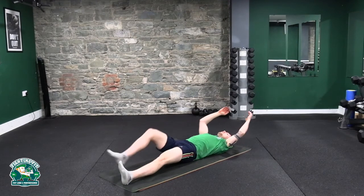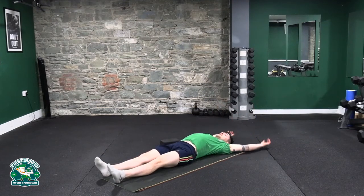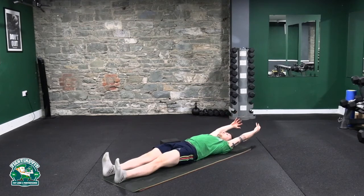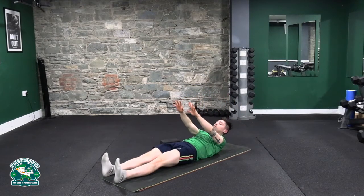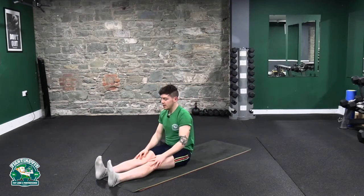Alright, get your legs out straight if you can, arms back, but not so much that we start dislocating the core. We keep our ribs tight down to our abs, so our fingertips fit underneath our rib cage, arms are back. Take a big deep breath in, create a rainbow with your arms, and then once you start seeing your arms, you start seeing your hands, you just follow them up, breathe out, sit up,